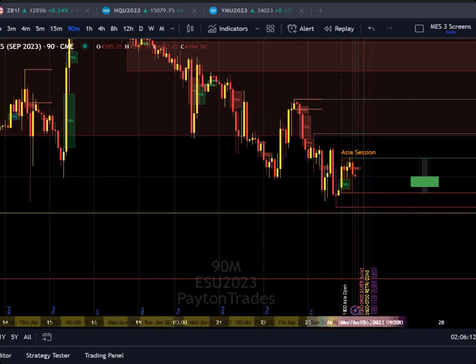The big red box is a weekly imbalance, which is a bearish imbalance, and the small one is a daily imbalance. So what price usually does is it'll come up,